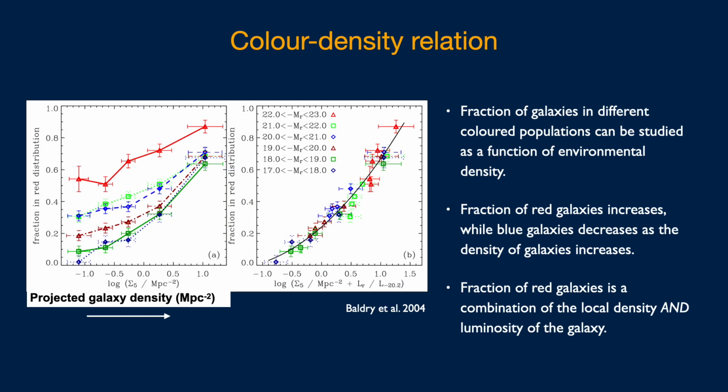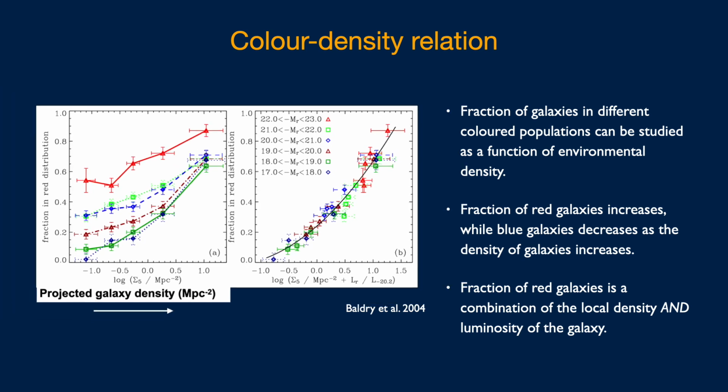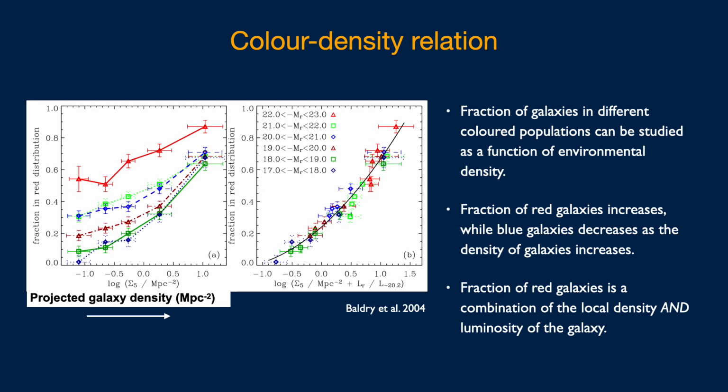Similarly, when astronomers split the galaxies according to their broadband colors, they found that the red galaxies are more likely to be found in the high-density environments. Refer to our video on the introduction of galaxies to freshen up your memory on the concept of broadband colors. As shown here, the fraction of red galaxies is highest in the dense regions of space, while bluer galaxies are more frequently found in less dense parts of the universe.